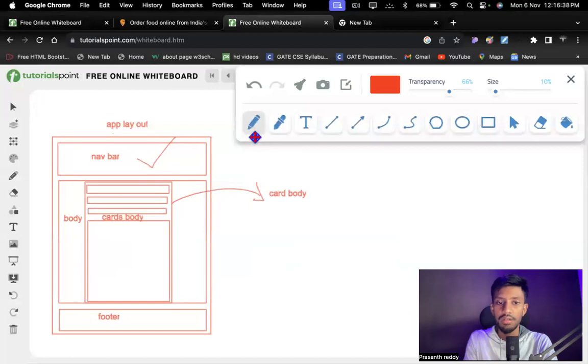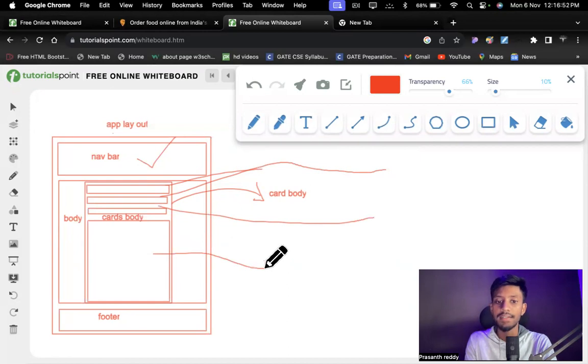If you see this, this is what we call scroller 1, scroller 2, and scroller 3. Let me name it as S1, S2, and S3.